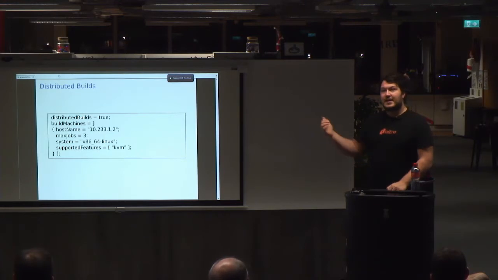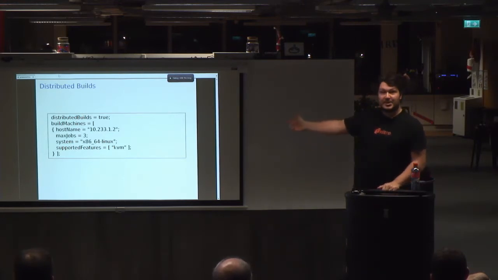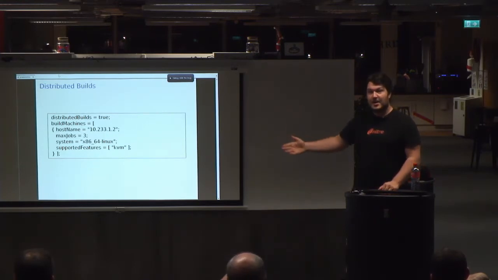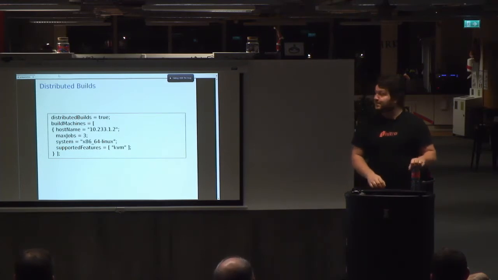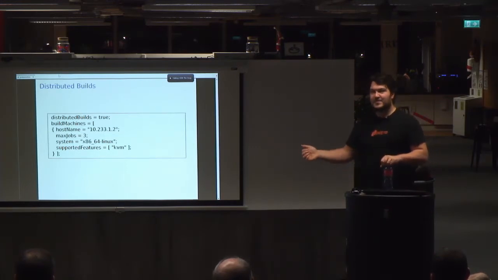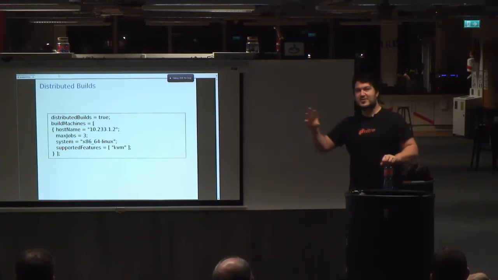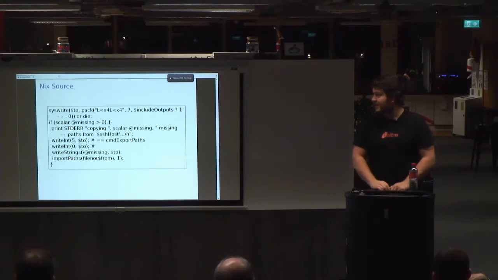You usually specify in your Nix configuration the list of build machines and how many packages can be built on them, some flags, architecture, and Nix automatically chooses a place to build the packages as it's building. And this can be specified in the Nix configuration file, but this syntax here comes from the NixOS configuration, which generates the Nix configuration. But it's not NixOS specific, although it works a lot better on NixOS.